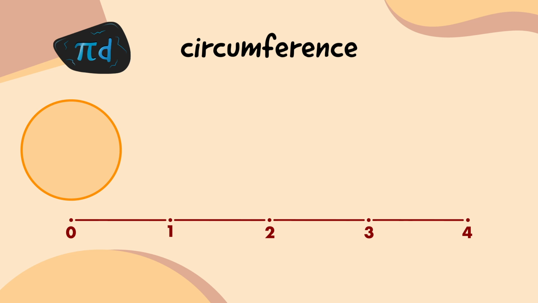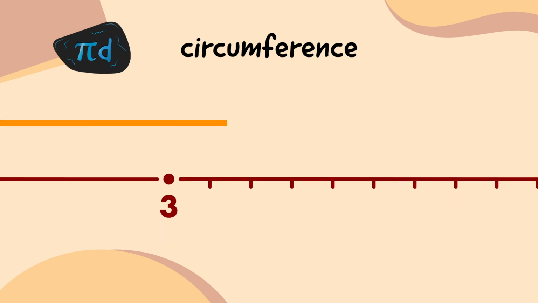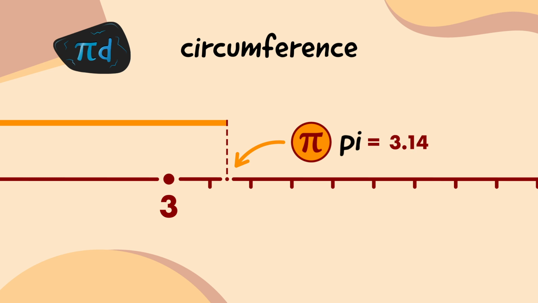We can't use the measuring staff because the circumference isn't a straight line, so let's flatten it out. Ah, right, that's much clearer. So it looks like the circumference is 3 times as long as the diameter, so pi is equal to 3. Actually, if we look a bit closer, we can see that it's a wee bit bigger than 3. Hey, you're right. So pi is equal to around 3.14. That's right, but it's actually even more than that. It's equal to 3.141592653.